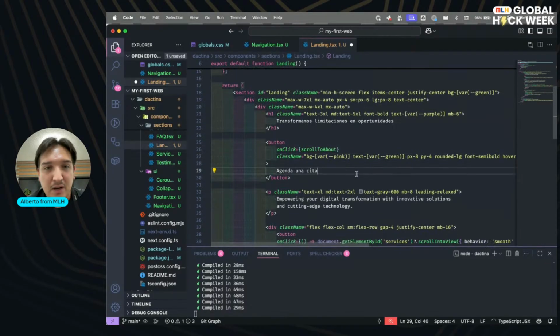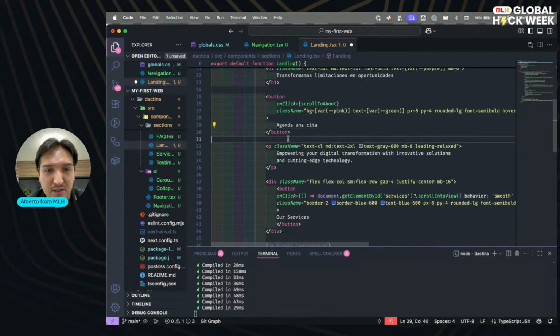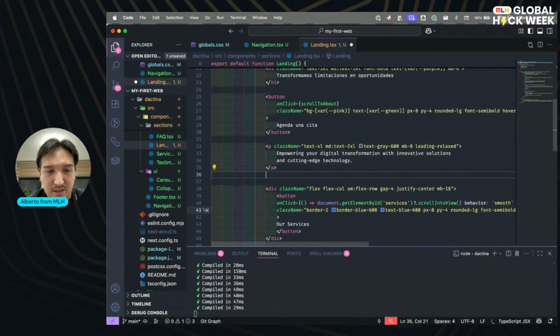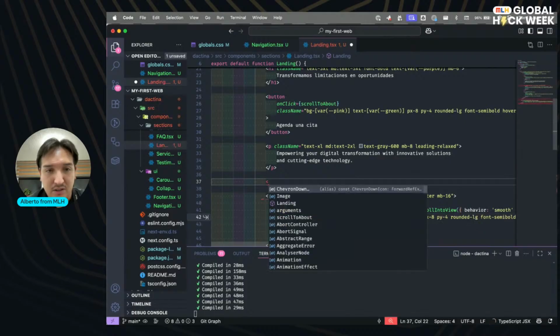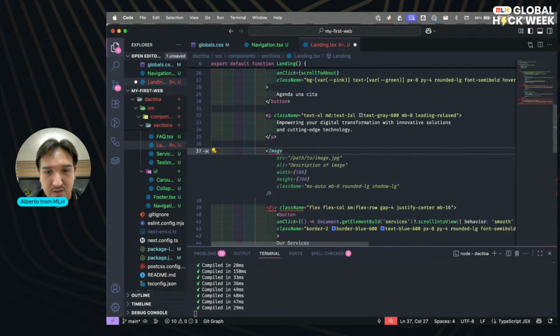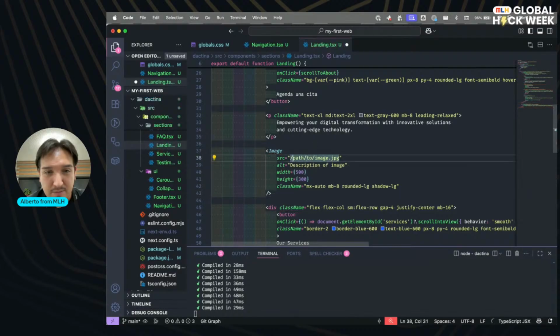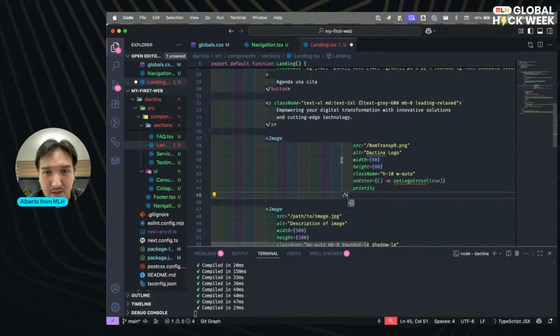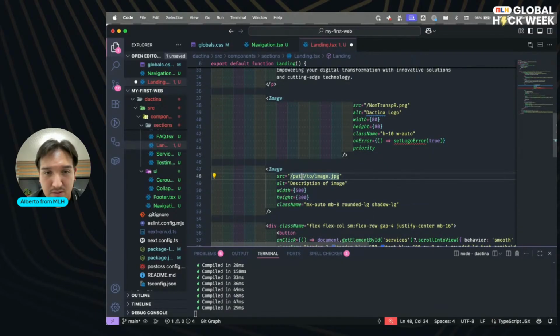Okay, let's try it that way. Plus here it's going to be text, and here it's going to be the image. How do we have that source? This was the hero image.